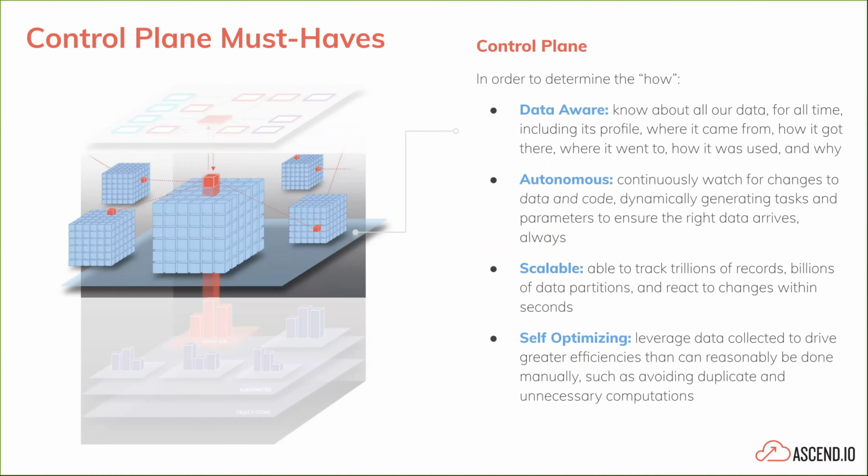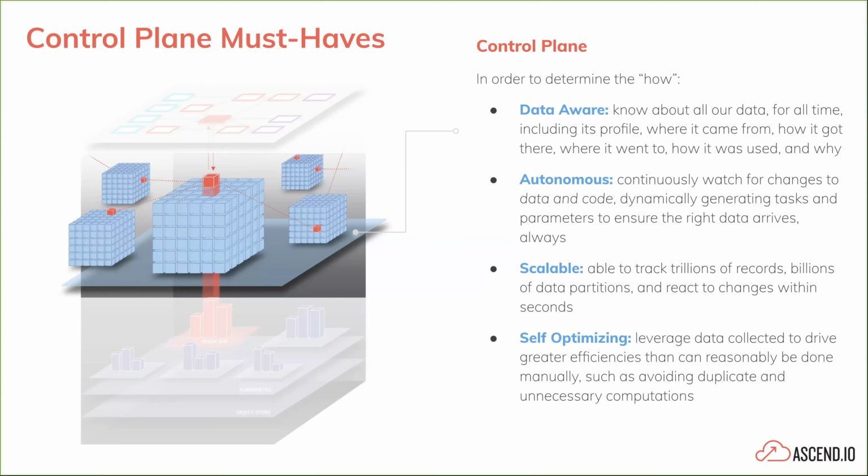And so in order for the control plane to create the how, these are the four key concepts that we were just alluding to. The first one here is being data aware. This is really the domain-specific part of the control plane, right? Rather than just trying to say, hey, run this arbitrary Python script or run this task at this time, it needs to actually know all about the data. Like, where's the data? Where's all the data laid out? Where's all the code? What went where?